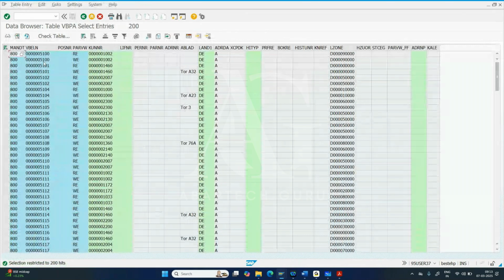See, for this 5100, you do have both bill to party, ship to party, and both numbers are same. So bill to party, ship to both are same. This is the customer number, and here